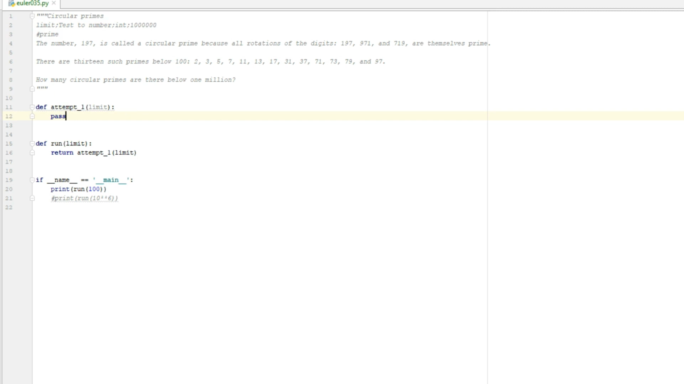PyCharm wants us to restart it, but we're not gonna do that quite yet. In fact, let's get rid of the message. Alright,